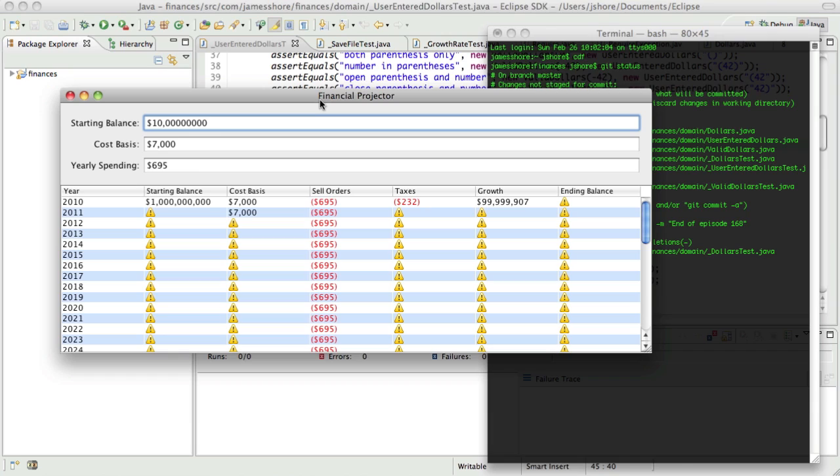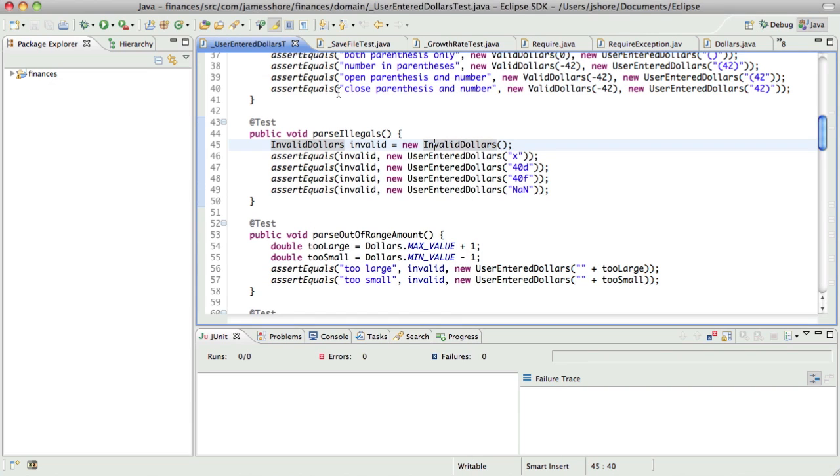But I've only fixed the bug. I've written the test and fixed the bug. And now I think what needs to happen is I really need to figure out what went wrong with my thought process. Now, I don't want to overthink this. This is just one defect that I found. But I want to see if there's anything about the way I approached this problem that really made the bug